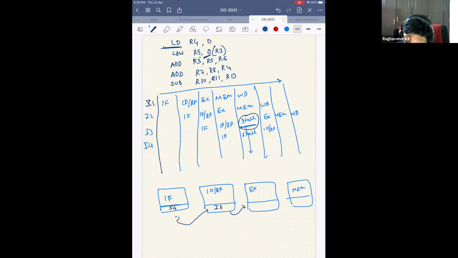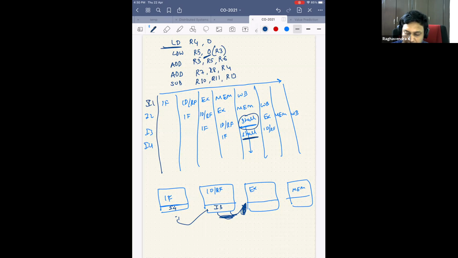So if there's a stall, if the execution unit is not ready to take up I3, the I3 is dormant and sleeping in the instruction decode register fetch pipeline register. So I cannot overwrite I4 on I3. Which means that the stall just carries forward, if you think about it that way. So this is a stall here. It is not because I4 is a stall. It is because there was a previous stall in the pipeline register.